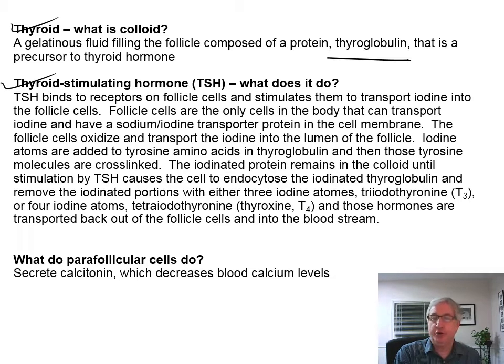are then added to the thyroglobulin, added to the tyrosine amino acids in the thyroglobulin. There's about 100 or so tyrosine amino acids in the roughly 2,700 amino acids in thyroglobulin. So they get added to a whole bunch of those tyrosine amino acids on this long chain of the thyroglobulin, and then